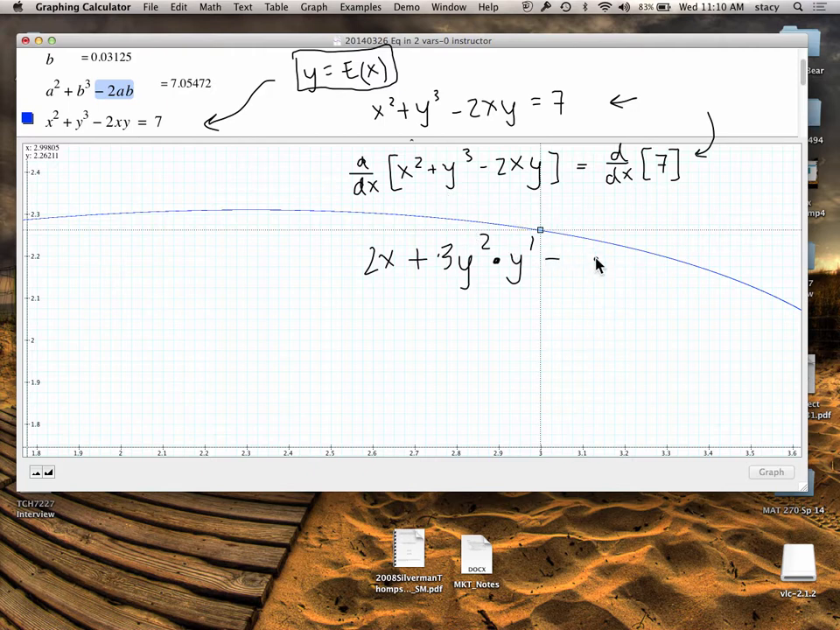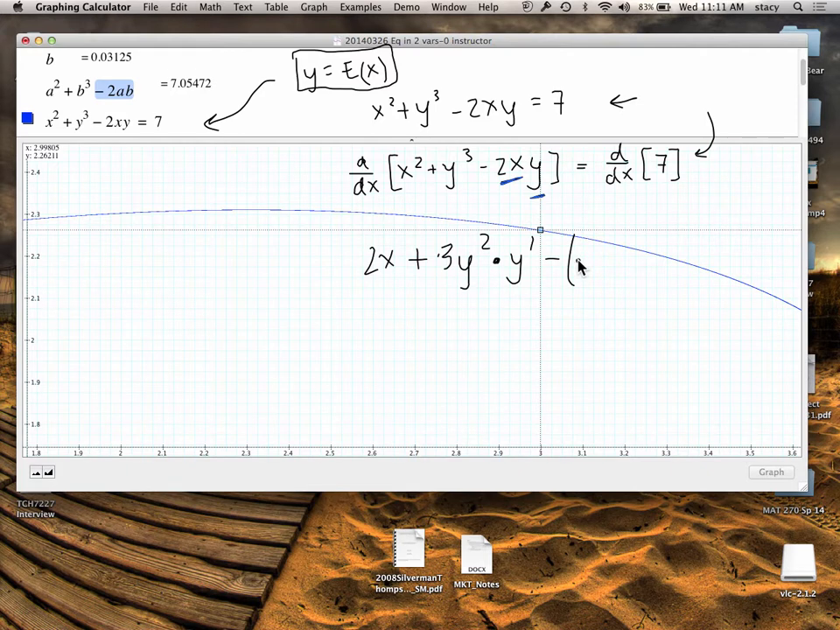What about the third term? How should I think of this? 2xy? It's a product, right? And so I can think of it as the product of 2x and then y, because y, again, is some function of x. So then the product rule tells me,